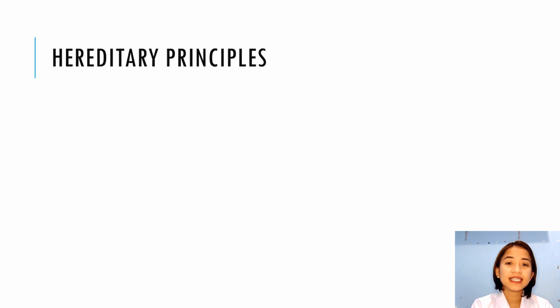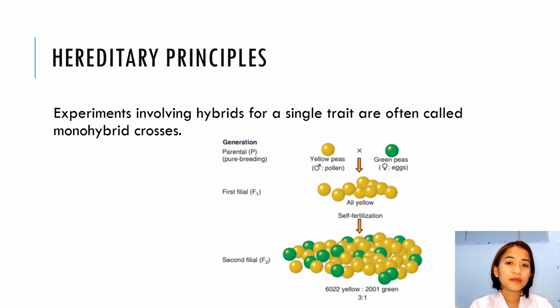Mendel then harvested and counted the peas of the resulting second filial generation, the progeny of the F1 generation. The trait that appeared in all of the first filial generation, or the F1 hybrids, is yellow seeds, which means that this characteristic is dominant. And the antagonistic green pea trait that remained hidden in the F1 hybrids but reappeared in the F2 generation, or the second filial generation, is considered recessive.